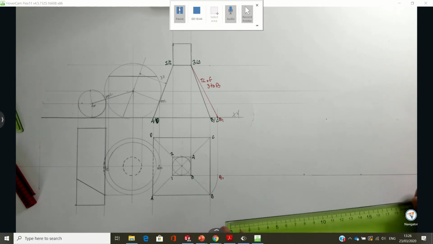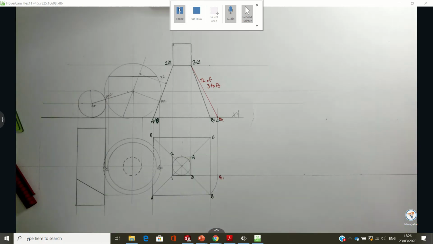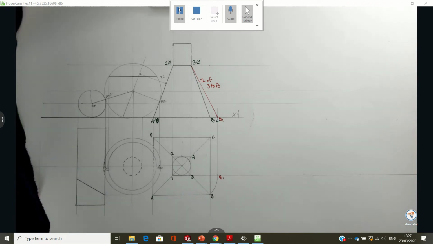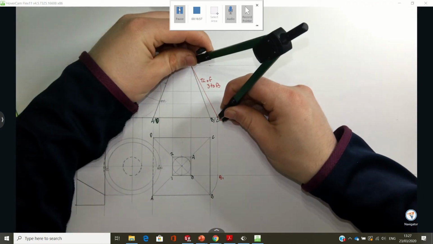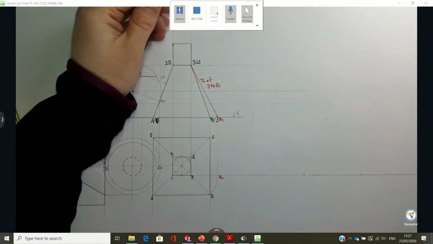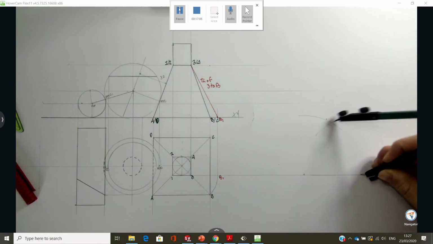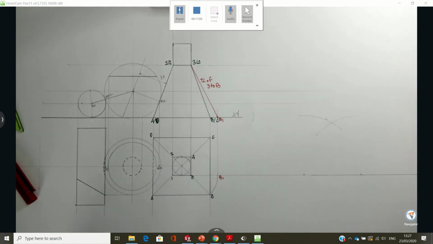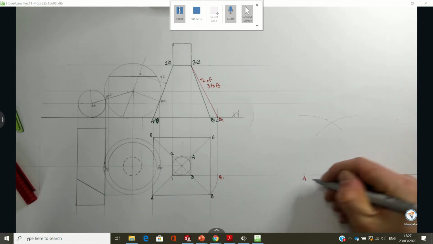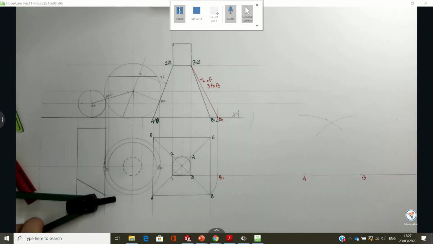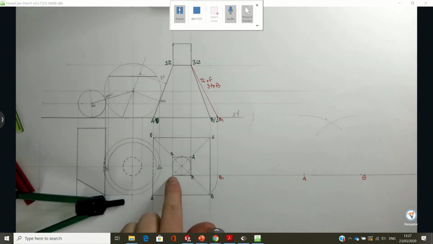Might not have enough room for that. Hope I do. So I'm going to get my compass now, and I'm going to take the true length of 3 to B, and I'm going to swing from these 2 points. Now, somewhere along these arcs lie point 1 and 3. A to 1 is the same length as B to 3. Alright, the distance between 1 and 3 is 22, okay, because it's parallel to the XY line in plan, so